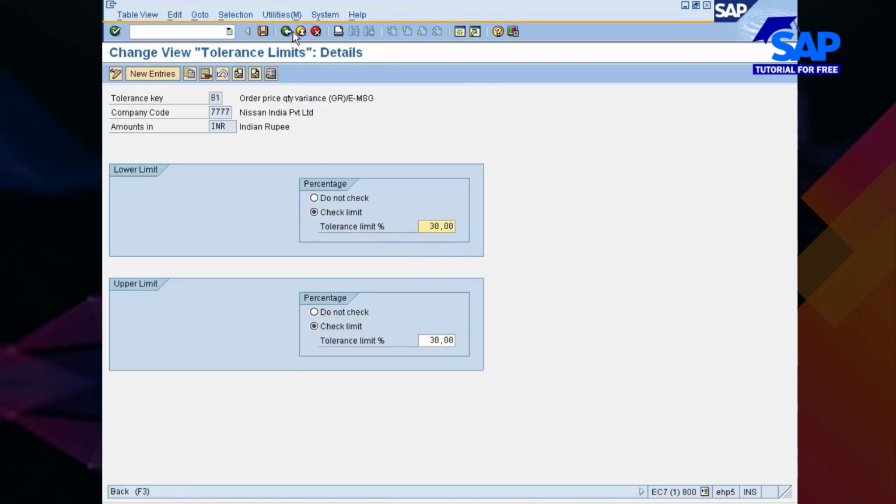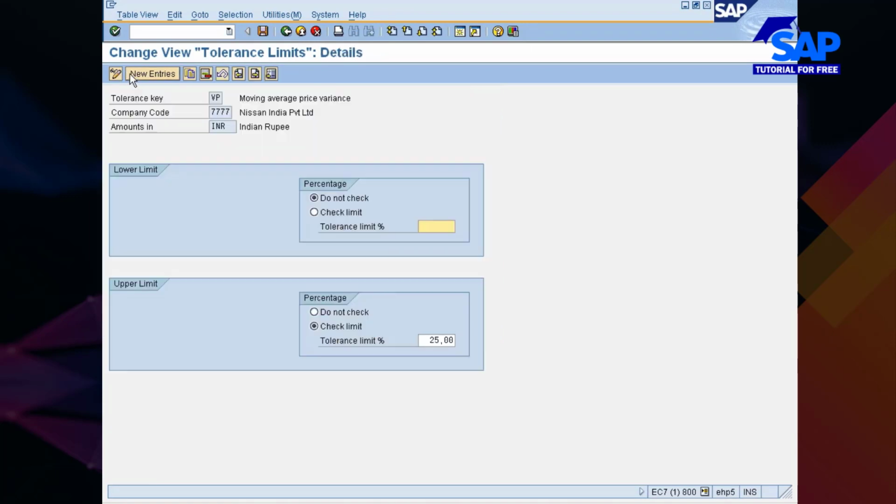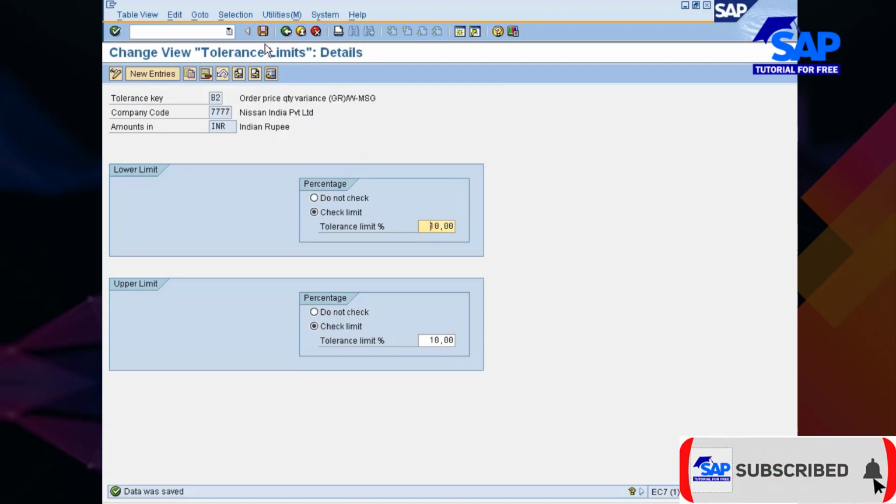I can go with it. And then for the moving average price variance, here also if I want, I can check it as a price difference of 5. Those things.